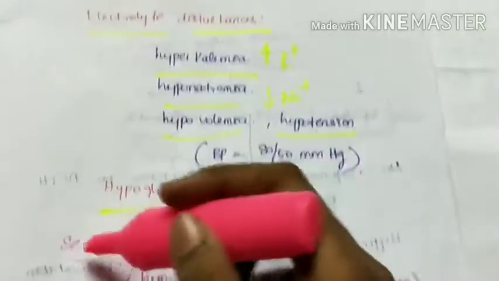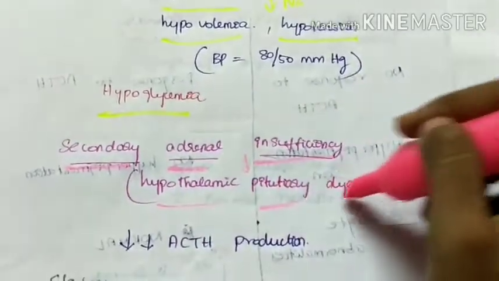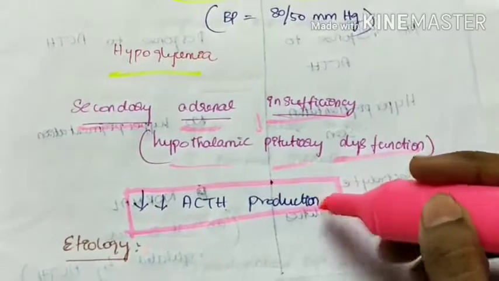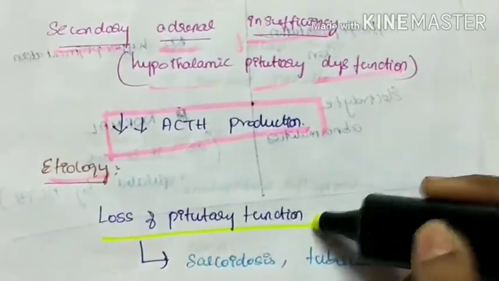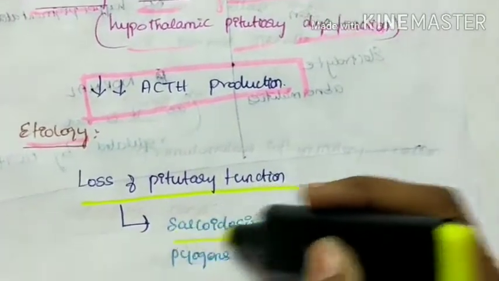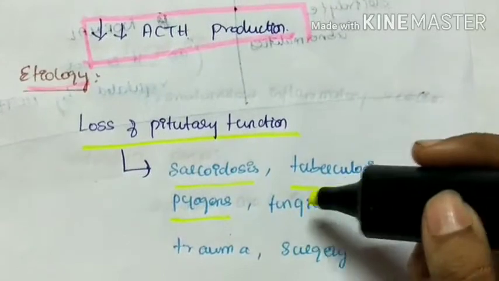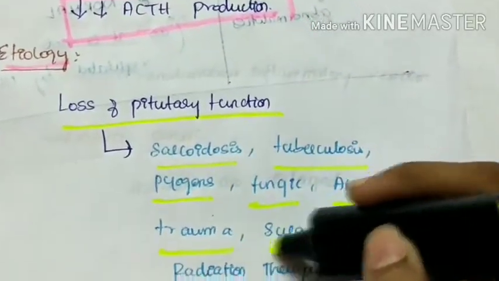Next, let's see about the secondary adrenal insufficiency due to hypothalamo-pituitary dysfunction. There is decreased ACTH production. Etiology for this is the loss of pituitary function, like in case of sarcoidosis, tuberculosis, pyogens, fungus, AIDS, trauma, surgery,